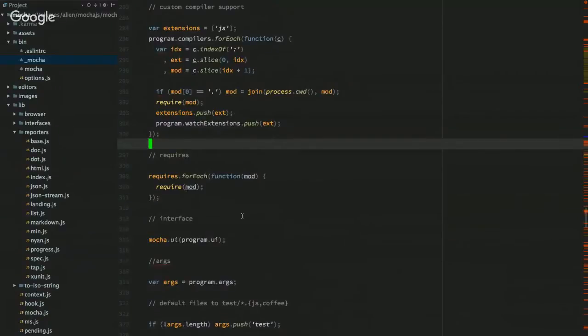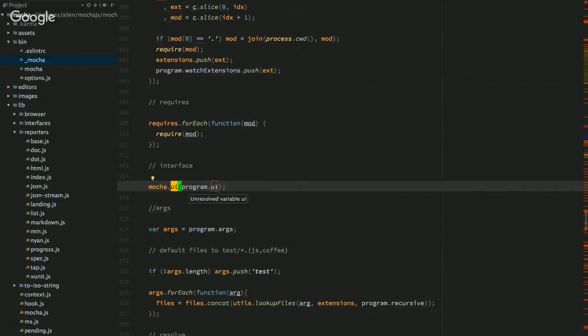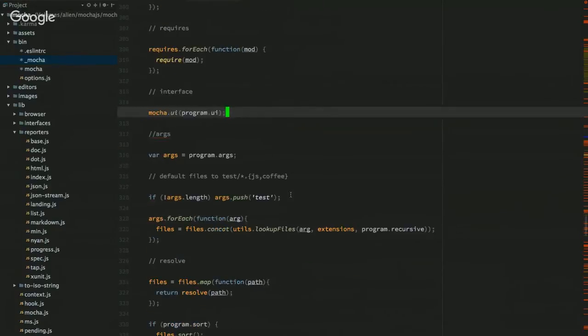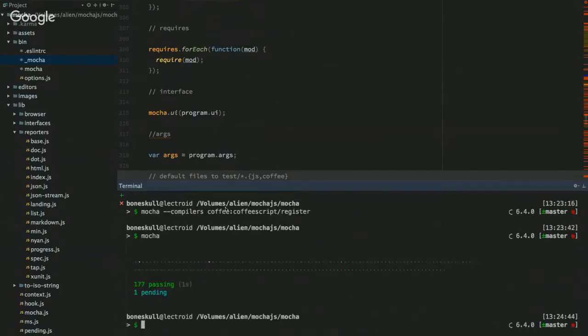Okay, so UI, the UI again is the interface. The default one is BDD. You can pick something else if you wish. I'm not sure if that's true anymore, but when you just type Mocha, it'll run all tests in the test directory on the first level, and it won't dig into it. And so if I just say Mocha, it'll start running my tests using the dot reporter